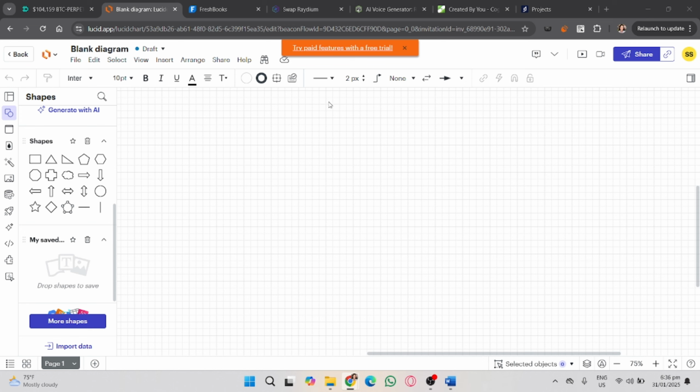And that's it. That's how you create an organizational chart in Lucidchart. I hope you all understand. So whether you're designing a company or a team structure, Lucidchart makes it easy to visualize roles and